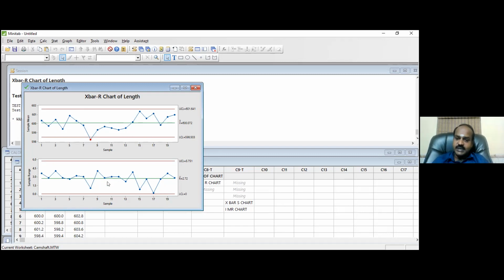When I call range chart, range as the variation within subgroup, I will call variation in average as variation between subgroup. What is that I am observing here in the range chart? Variation within subgroup. What is that I am observing here? Variation between subgroup. Both should be under control to say that you are a manager of the process. Otherwise, you are not a manager.